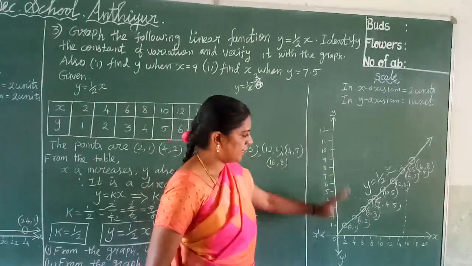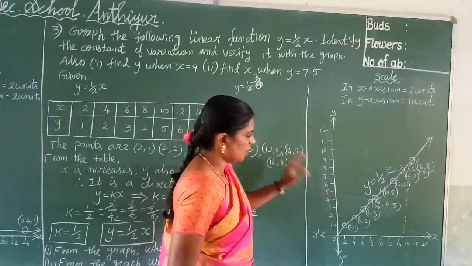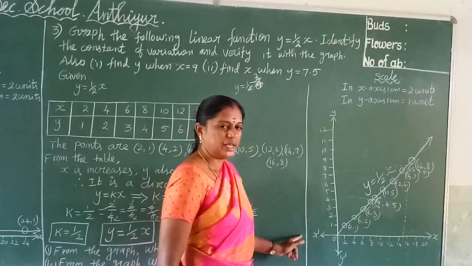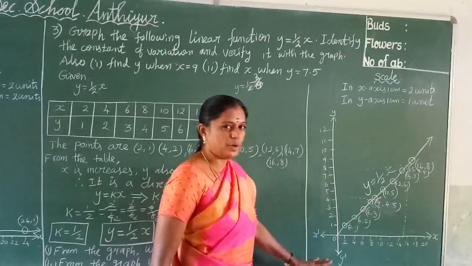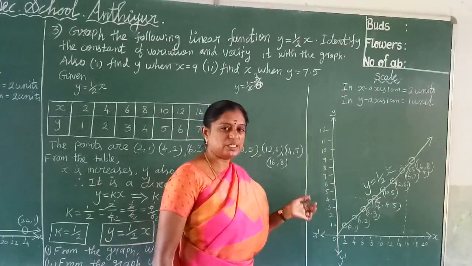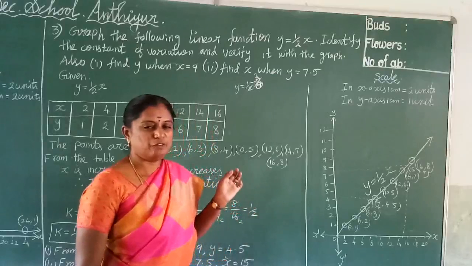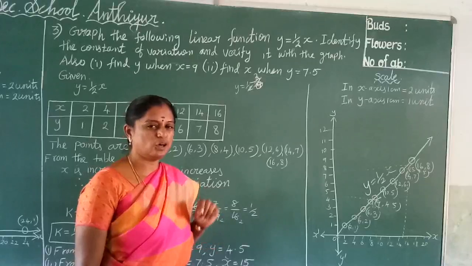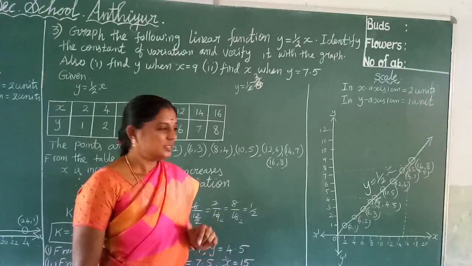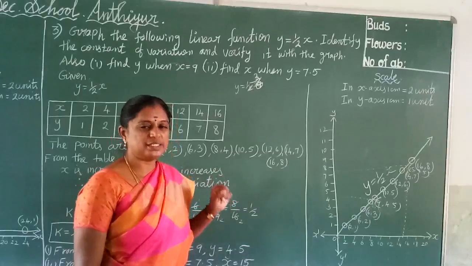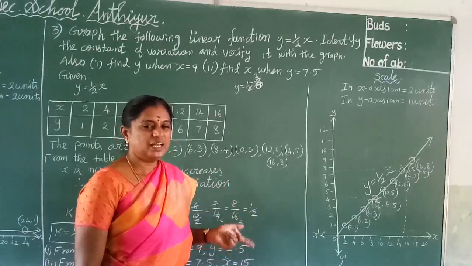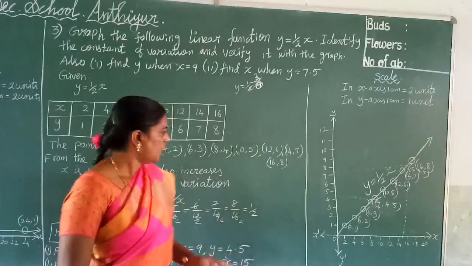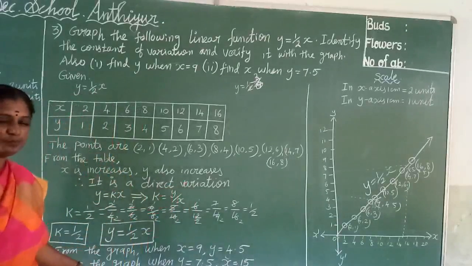So draw a neat graph and mark the points. No need for the negative axis, so draw only the positive axis. The same method applies to example 3.50 and exercises 4, 5, 6. These are the homework problems. In exercises 4, 5, 6 a table column is given. See that x increases and y increases. That is a direct variation. Apply the direct variation method.